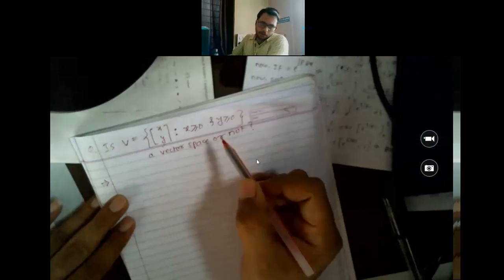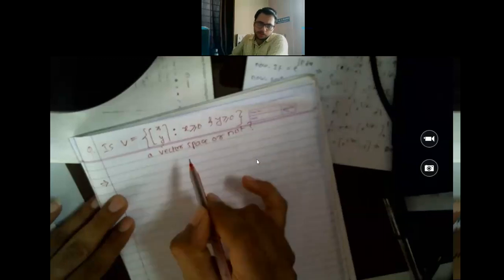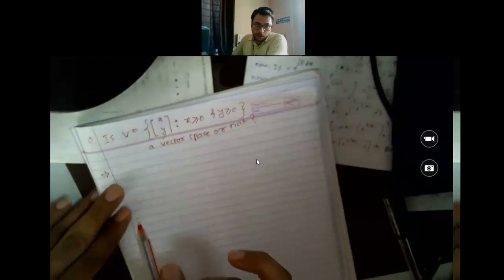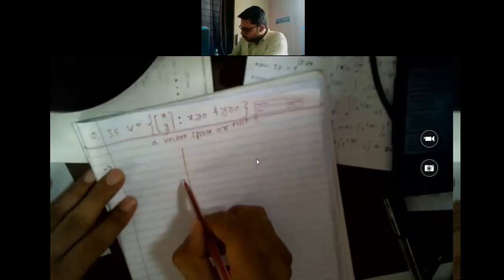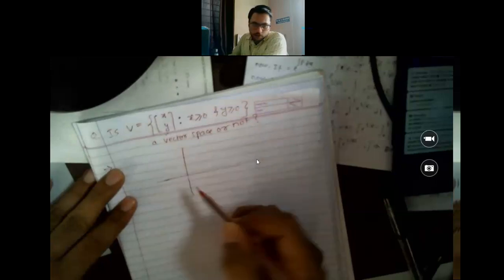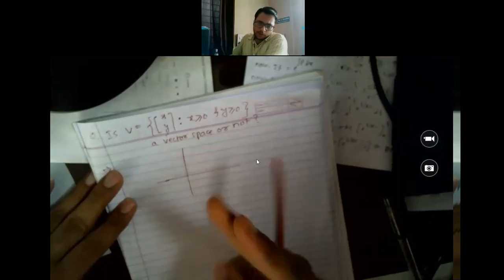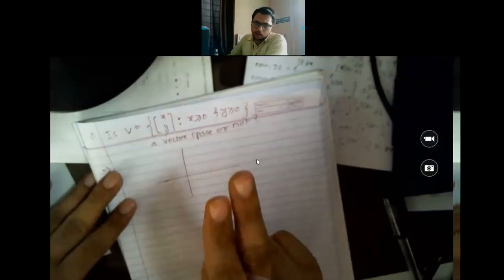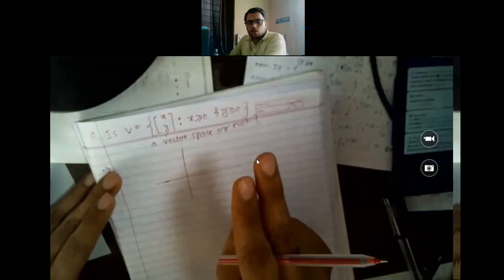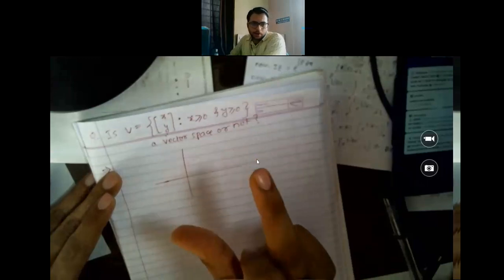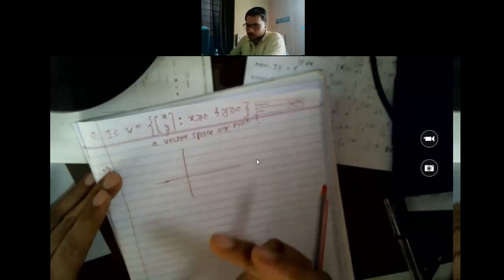Greater than or equal to 0 means what? Only positive values, and the origin also included. Please consider the origin also, since equal to 0 is there. What I am drawing here is the coordinate system, since there are two coordinates only, that is, two elements only. We have seen that R2 is the space having two elements which are ordered, in sequence: x comes first and then y comes after x.